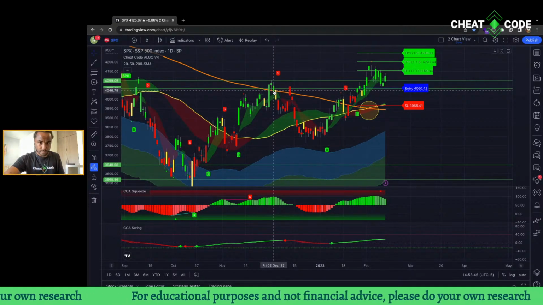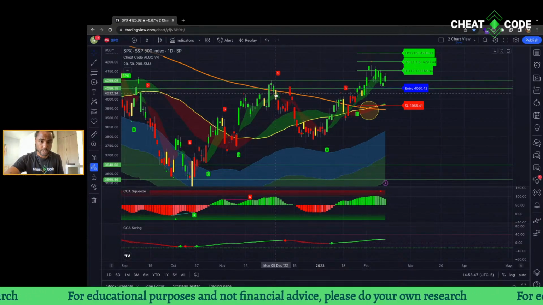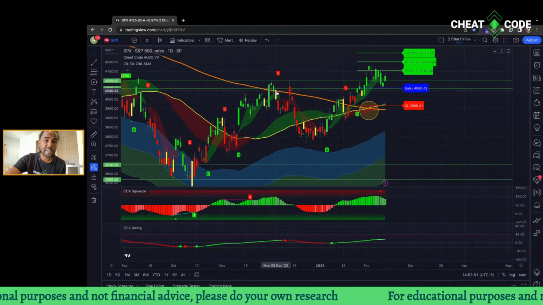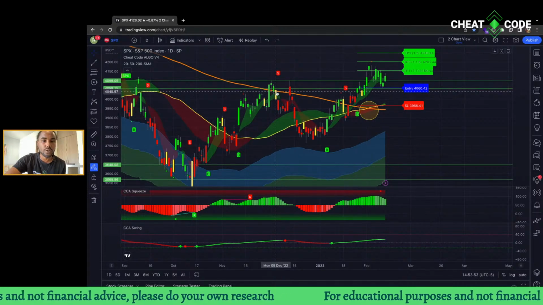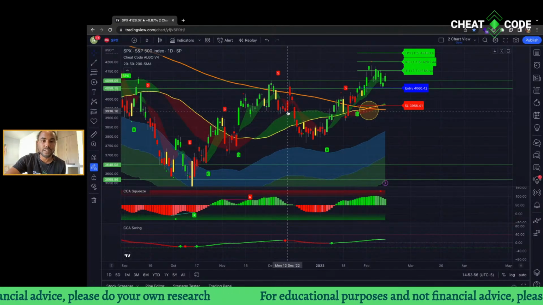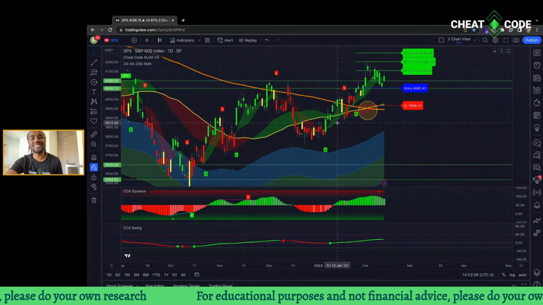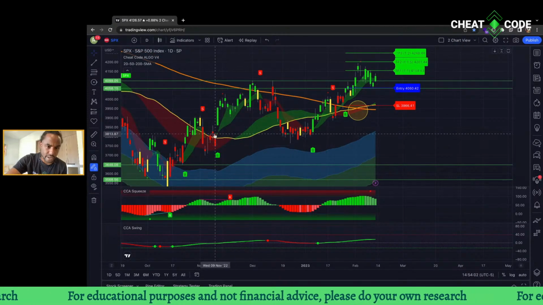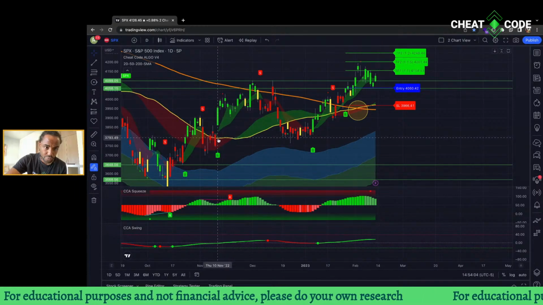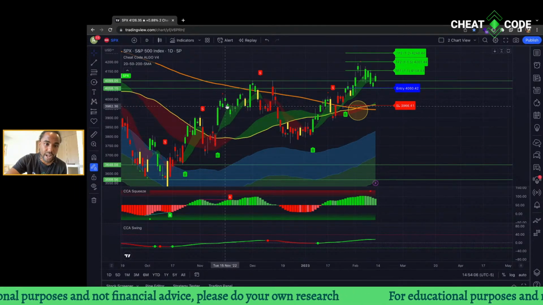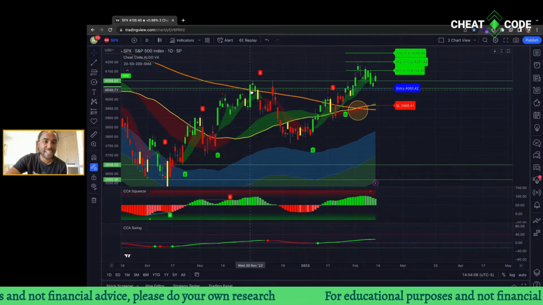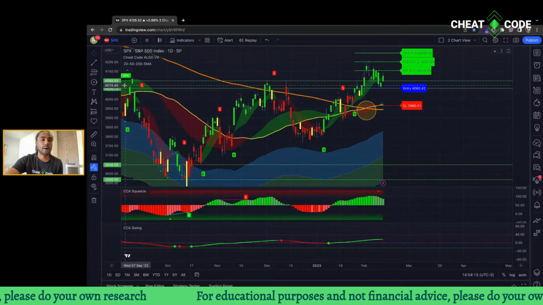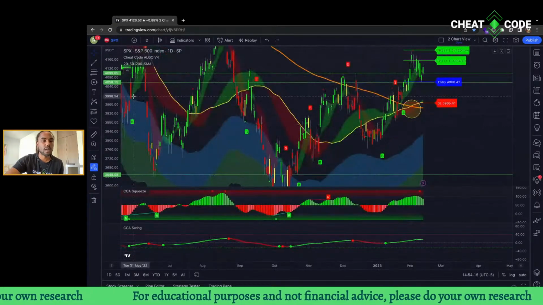Same thing here. The market opened down here, closed up here, held it for a day. But this day it opened here and then just broke below the 200. So the next day it collapsed. Once the market sees these types of signals, it responds. And same thing here. You can see how we reclaimed this 50. It gave a rally right here. And then that 200 became resistance here. So you want to pay attention to those in the market as well.